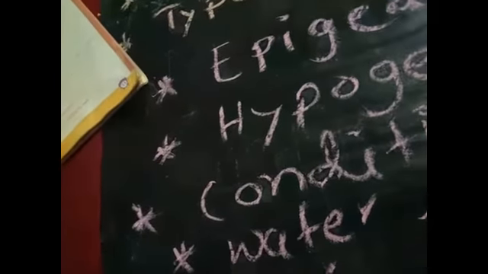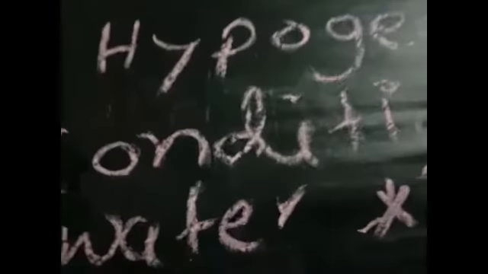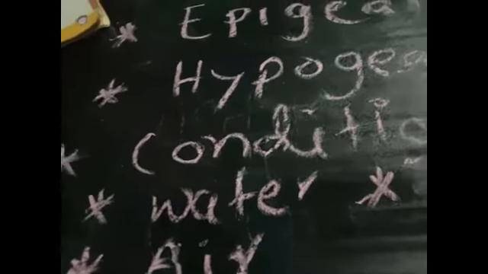And winter seeds, like wheat, gram, bean and pea, need a lower temperature. What is the range they need? 10 degrees centigrade to 20 degrees centigrade. So for germination we need some conditions: water, air and warmth. When the seed gets these three conditions, it starts to germinate and grow as a baby plant.